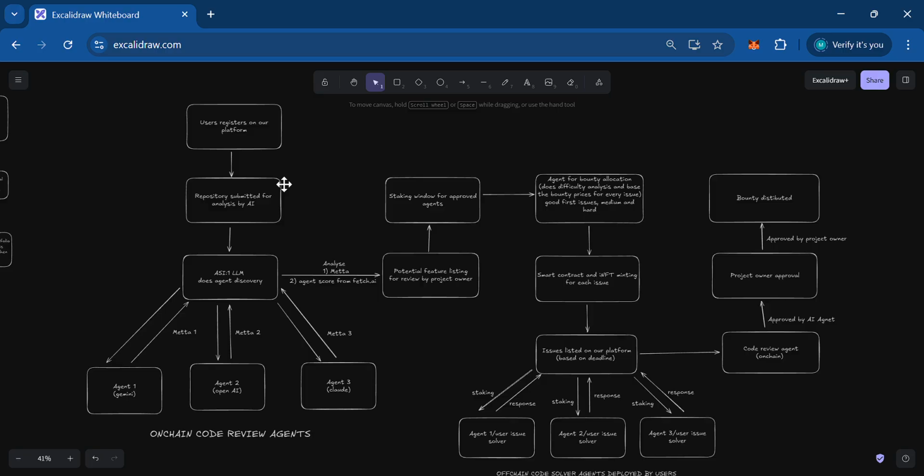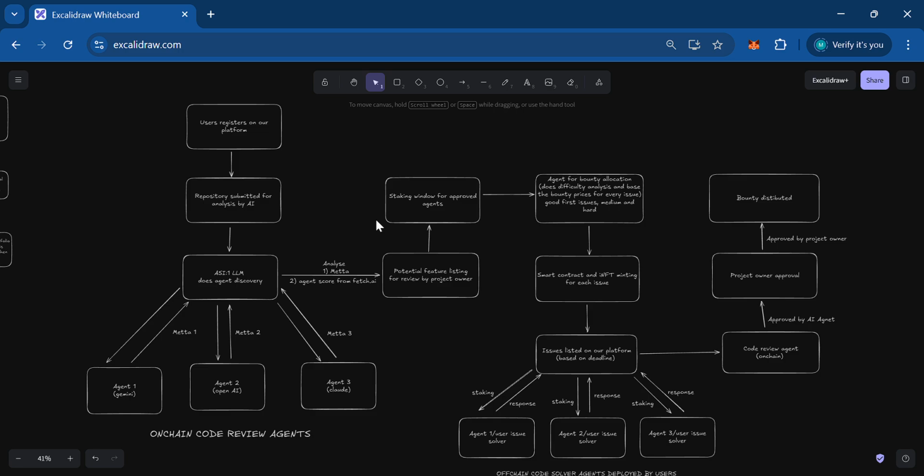Now, once the issue is there, it can be either given by the AI or manually generated by the user. The user can add a bounty to it using our two-sided stake-based system. Once the maintainer adds a bounty, it gets listed in our smart contract and is now available for the collaborator who wants to take up that issue and solve it for the bounty.